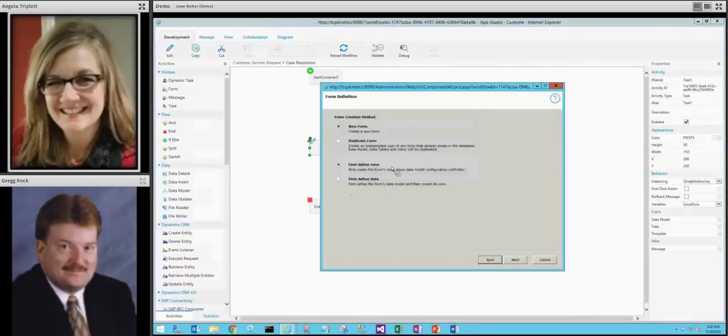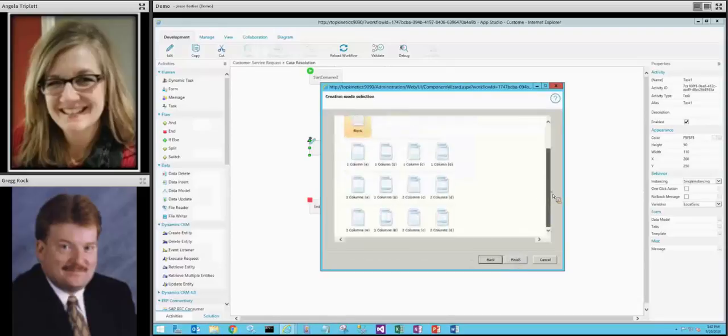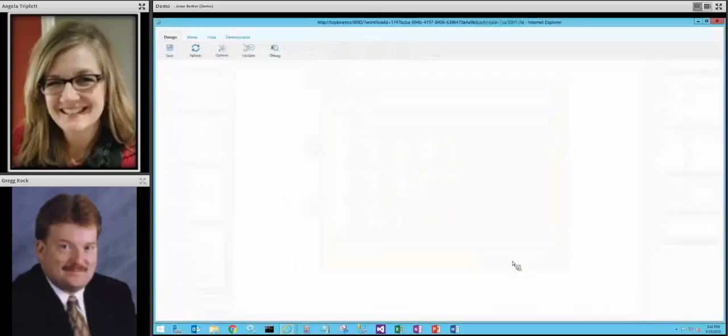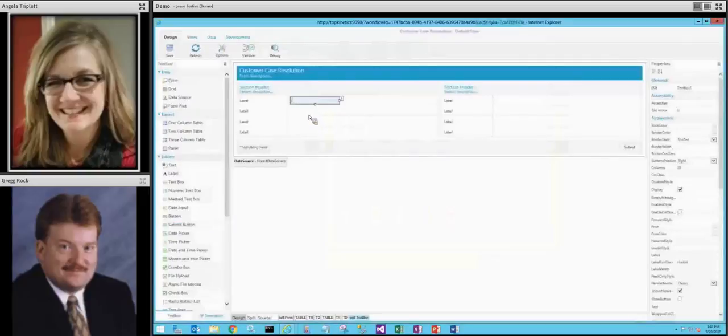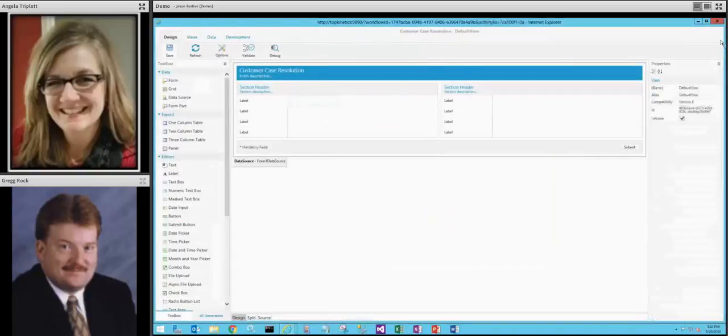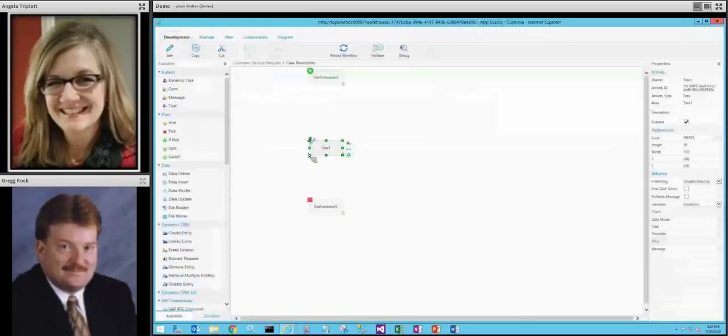And instead of reusing an existing form, we have the ability to, in Sequence, display a variety of templates that are more basic, that aren't necessarily branded, but you can begin to really customize, again, what's on that form. So I'll go ahead and save that. I won't fill that out just yet. Before we assign the task to a